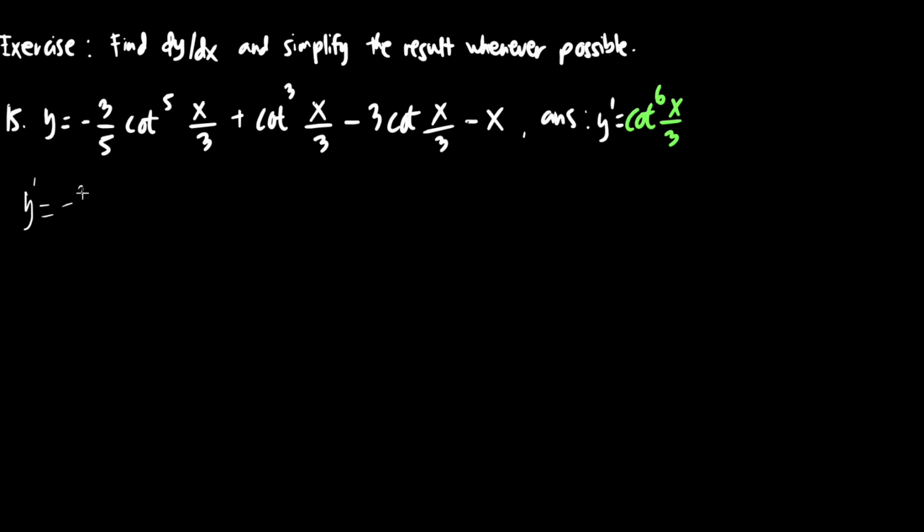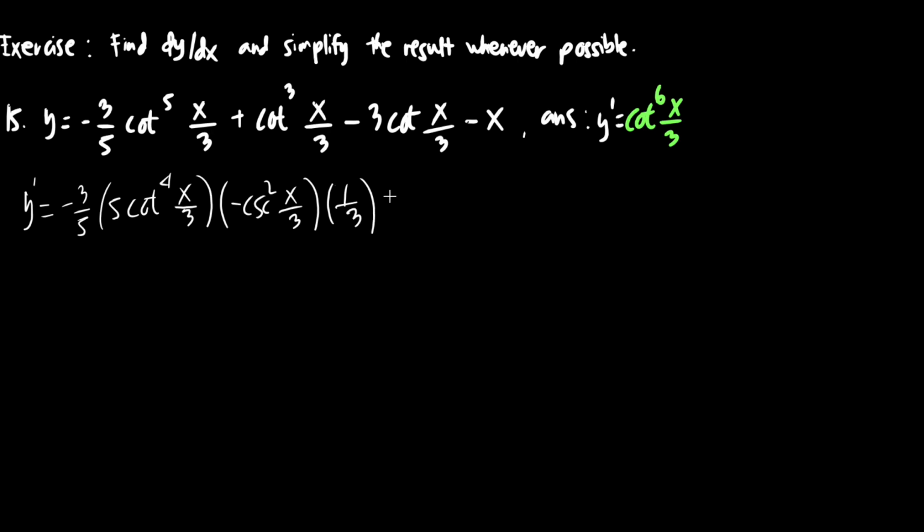So just copy the constant. Then power rule: we have times 5, just copy the inside, 5 minus 1 is 4. Just copy the angle inside. Then the derivative of cotangent x over 3 is negative cosecant squared x over 3. So the derivative inside is